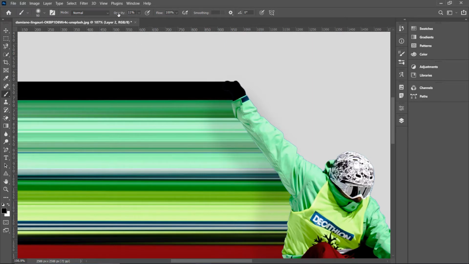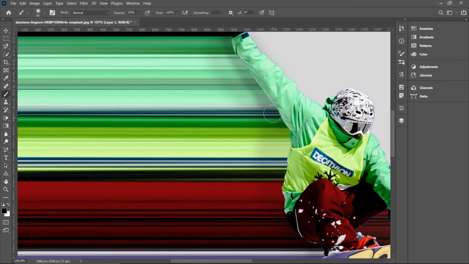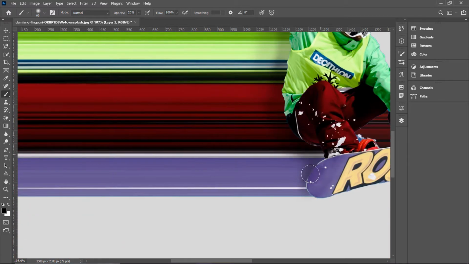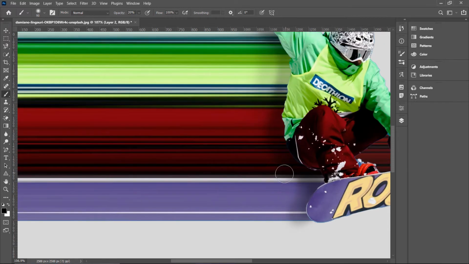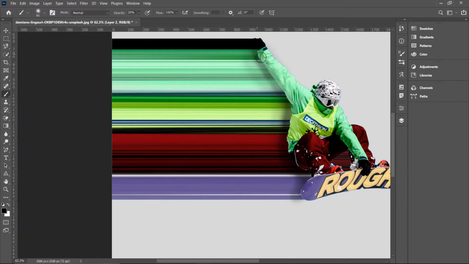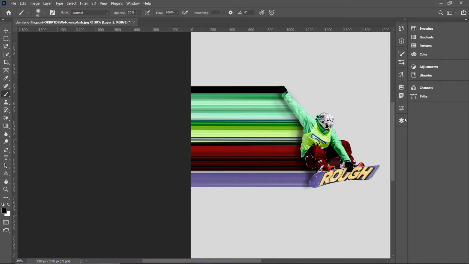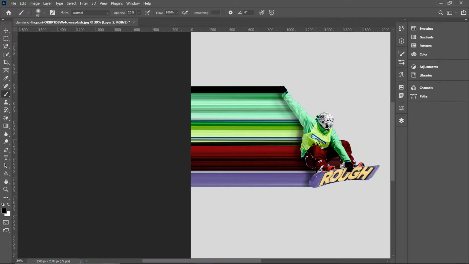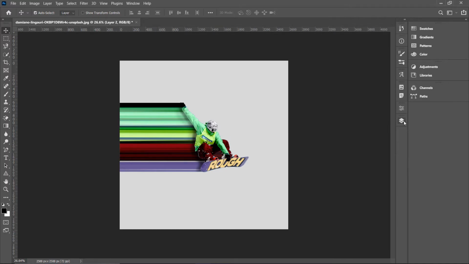Now for the hard shadows, just increase the opacity as you like, and it will create a nice blend in the shadows, and this will create a nice effect. Just increase the opacity a little bit and let's start painting like this. You can create a clipping mask if you want to, it's totally up to you. Press and hold Alt and just clip it under your pixel layer.